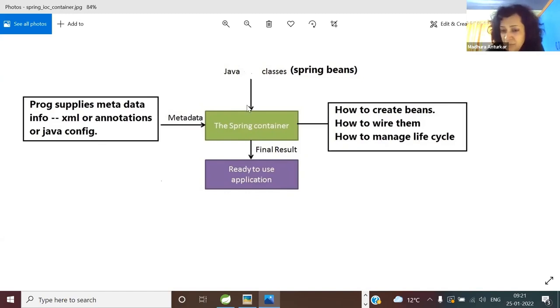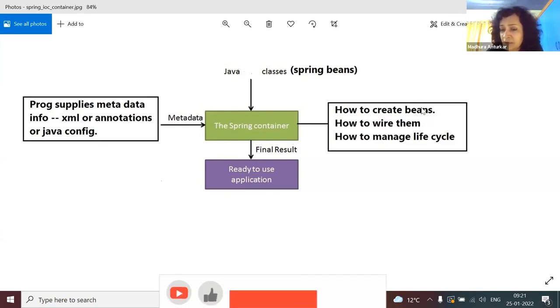Once you give these two inputs, Spring Beans and the instructions, your container is going to manage things. The container is going to create the beans, do the wiring, and later you will see the full Spring Bean lifecycle completely managed by the container.